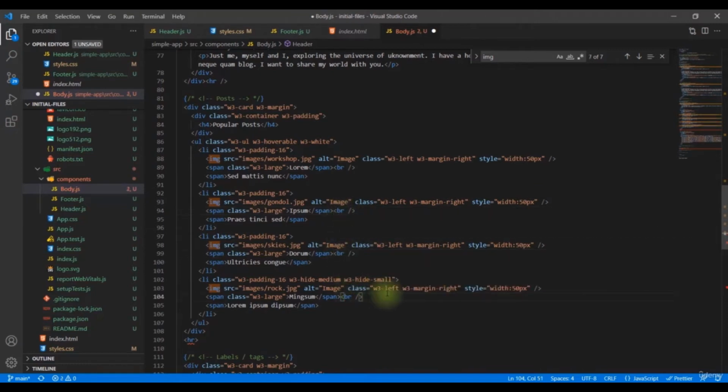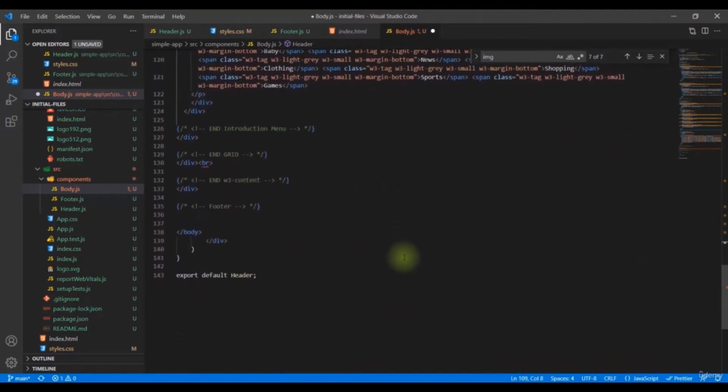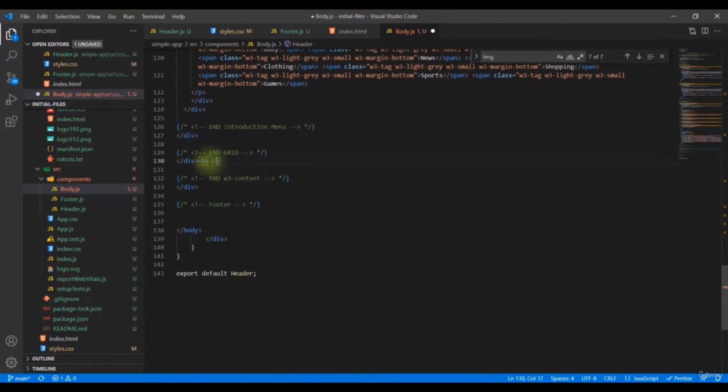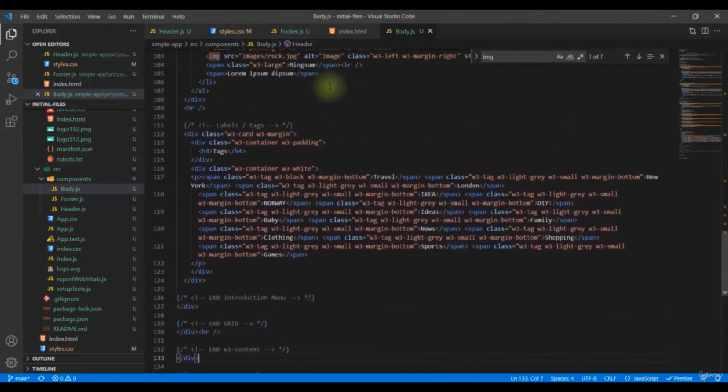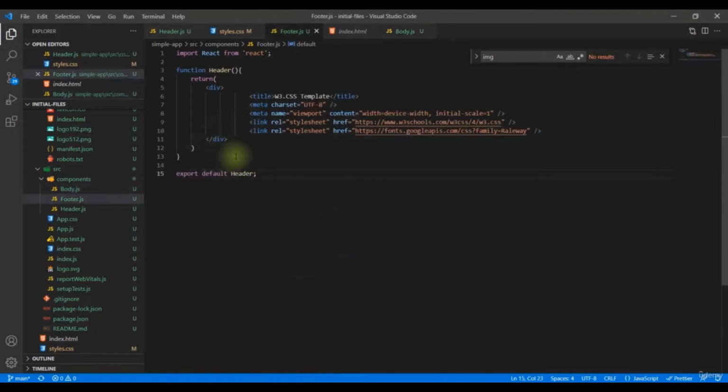So this is some donkey work that I guess we'll have to do to get our website up and running, right? And still I think there would be some errors, but I'll let you know once we start, because it's looking good, but we'll be having errors because of these styles, because JSX cannot actually understand these kind of styles, right? About footer, so I guess we should leave it as it is then,